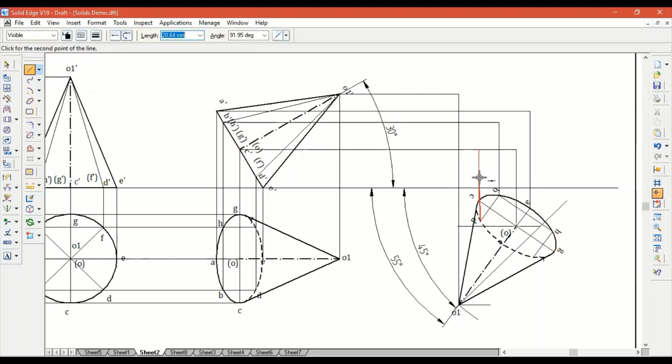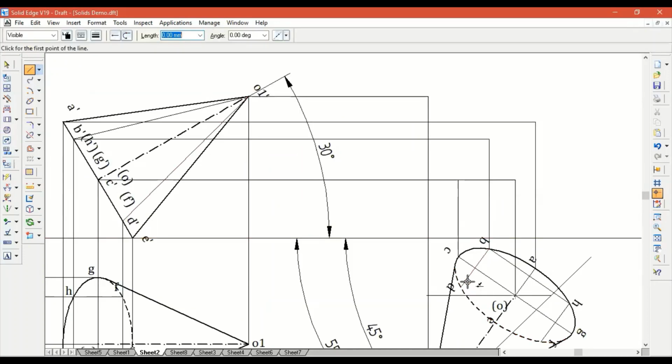Okay, now if these lines are very close together, it's always going to be a problem. So if that is the case, first thing you always have to do is zoom in. So you have D here, very close. So what I'm going to do is start from D, just draw a horizontal line, mind you, and from there,